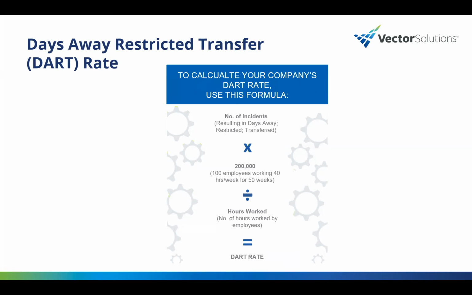And just one more example, your DART rate, it's the exact same thing, but instead of just your number of total recordables there on top, you're going to put how many DART cases you had. So those that resulted in a day away, restricted, or transfer work. And then you can plug whatever other rates you want in there. You want a first aid rate, you can plug that in the numerator. You want a near miss rate, you can put that in there. Another big one, of course, your lost time rate. That's kind of a big one out there, ones that just resulted in a day away from work. You put that in the number of incidents, and then that gives you those rates. And then you can utilize these, next slide,